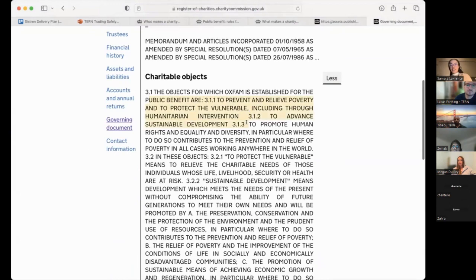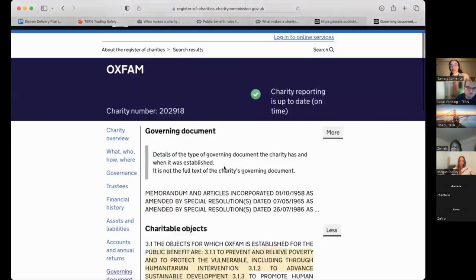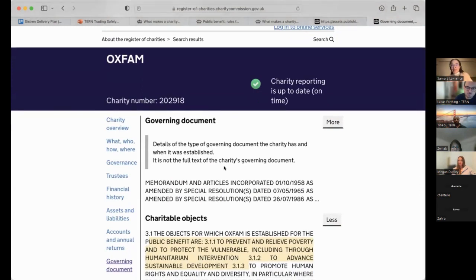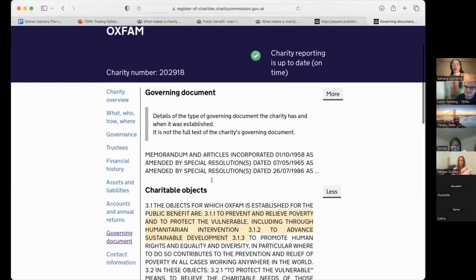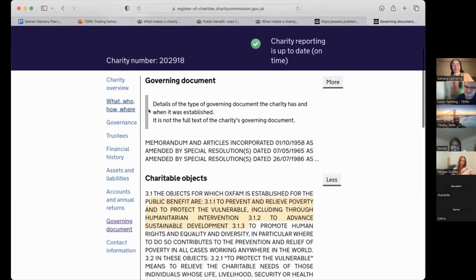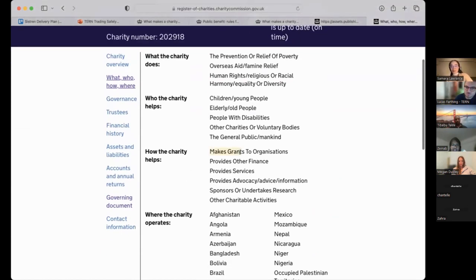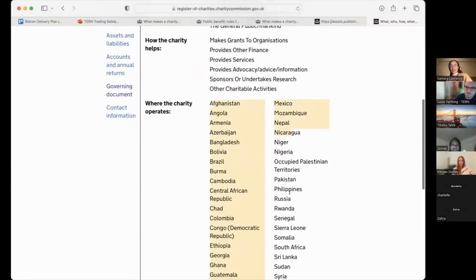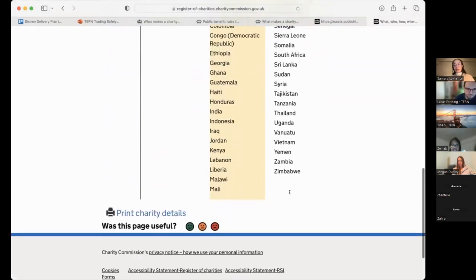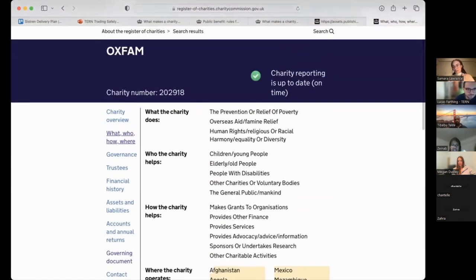And every charity in the UK will be registered on here. So if you want to do migrant rights work, you can go and look at migrant organisations' objects. You can literally look at anyone's objects and just copy them. I always just copy other people's and tweak them to make sure they reflect what you're actually doing. And here you can see what the organization does, how it helps people, where it operates. These are the kinds of things that would come up on your own page once you've registered. So that's just a little cheat tip for you.